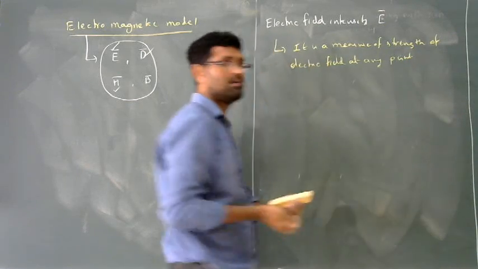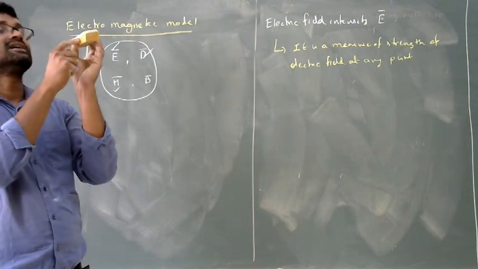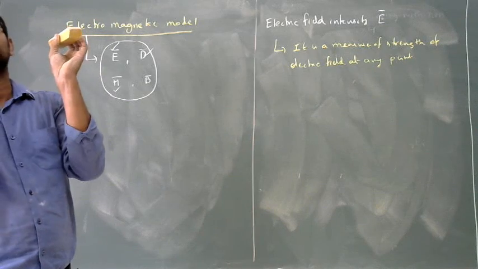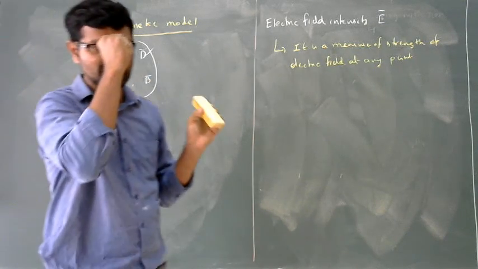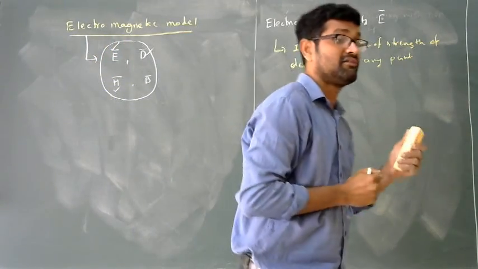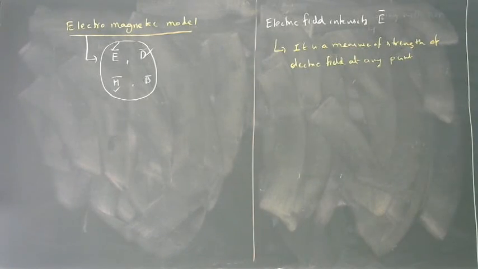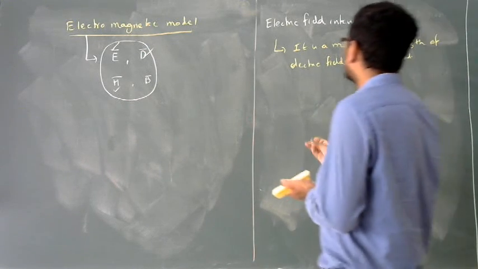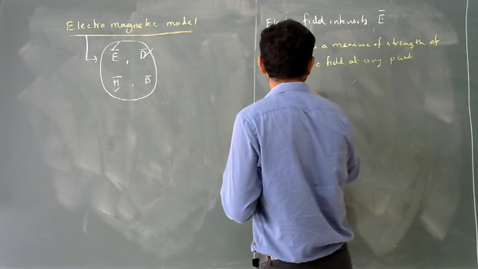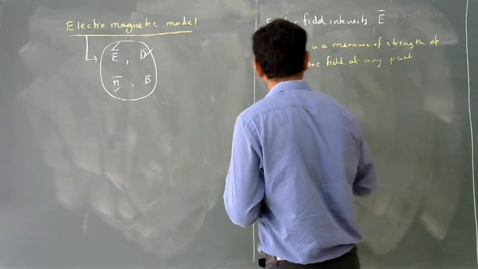Means if any body is charged, there is an electric field, and that body's effect on any particular point, how much energy there will be, how much of that effect is there, that will be explained by the electric field intensity. So electric field intensity, we already discussed today, right? How do you define it? If you take any one particular charged body, if it is a Q, that effect